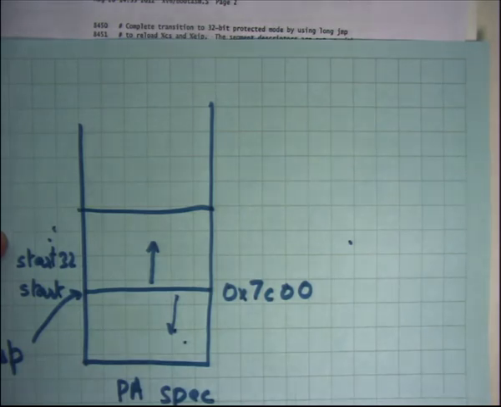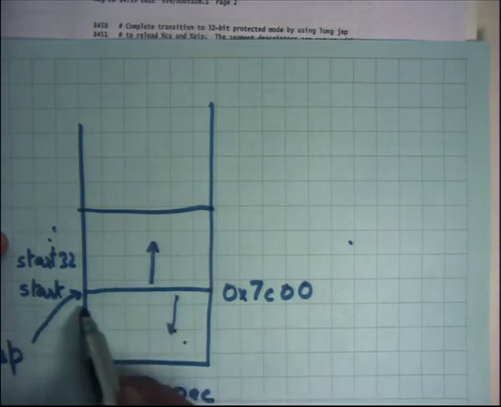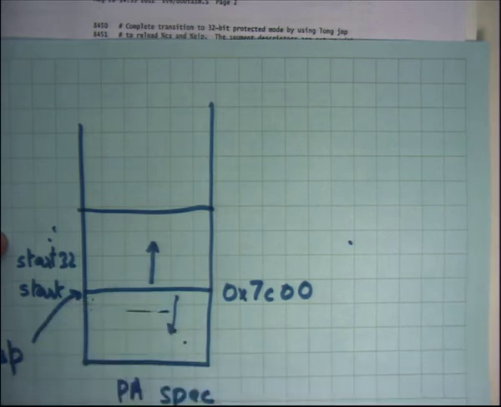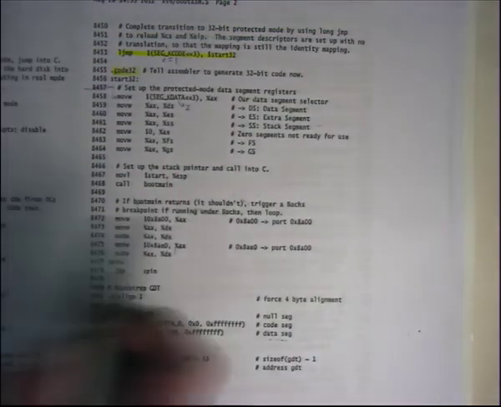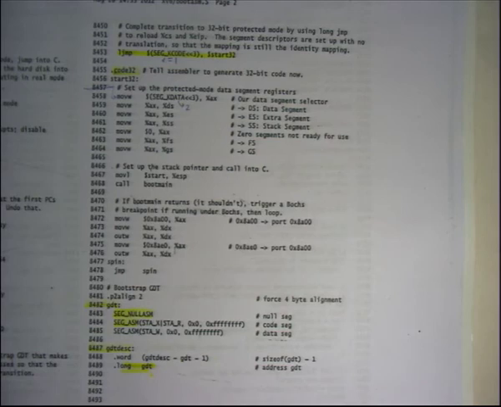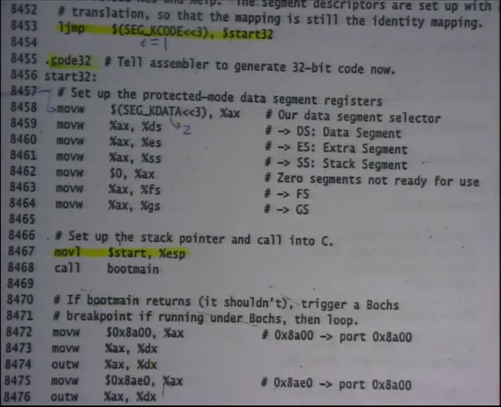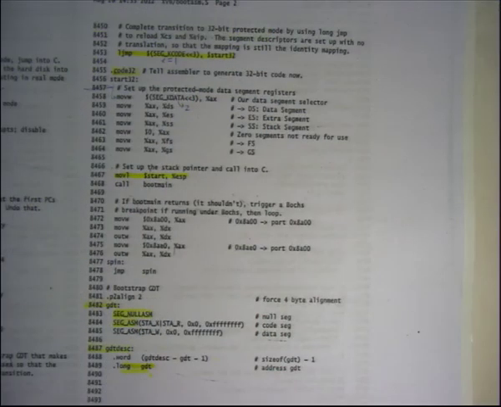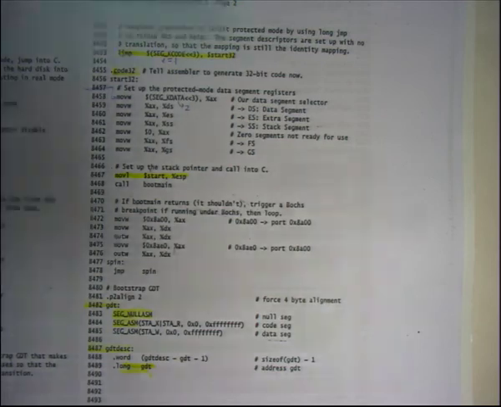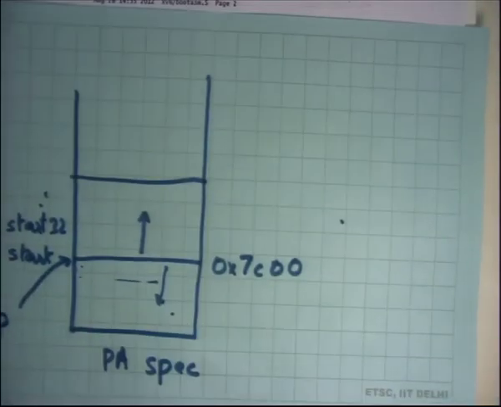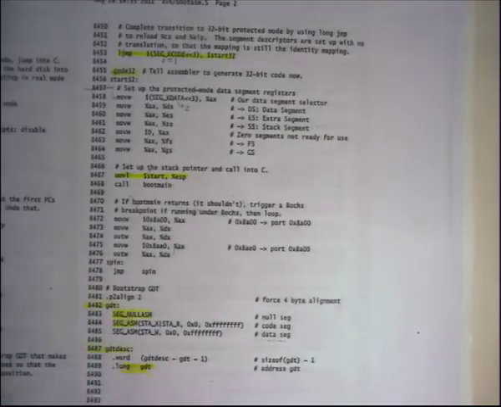So when I am going to make a function call, the stack frame is going to get pushed somewhere here in the lower area. So that's what I am doing here. When I move $start into ESP, I am putting the value 7c00 into ESP, and then the next thing I do is I make a function call to boot main, and so the return address gets stored at, actually 0x7c00 minus 4, and ESP will get decremented by 4.